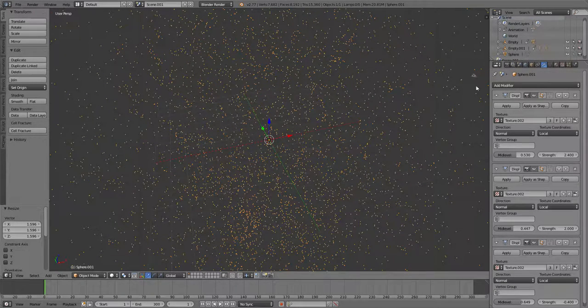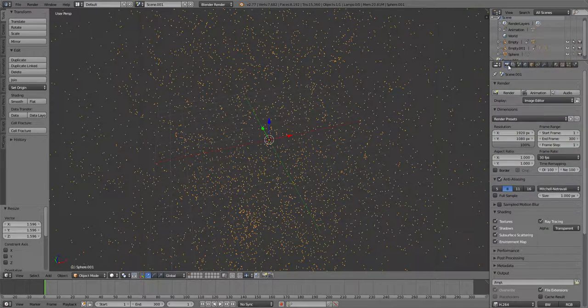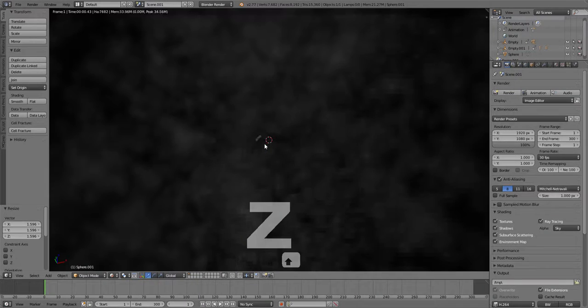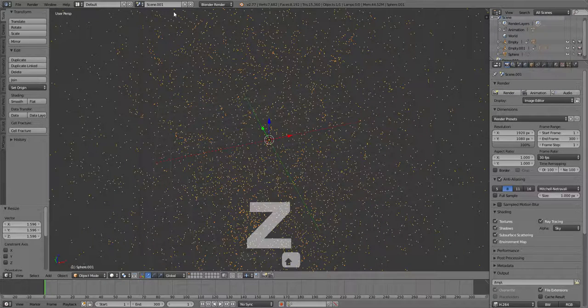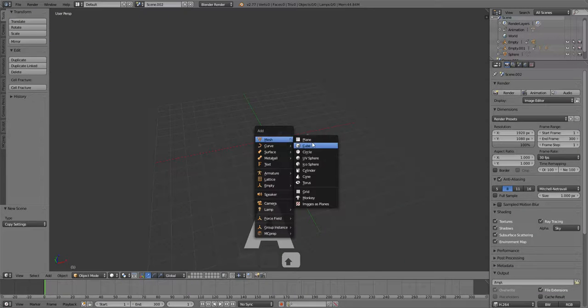Now if we hit Shift Z, after of course changing the render under shading to sky for this scene, it should look like smoke, and that's what we want. So now I'm going to create another new scene, copy settings, and hit Shift A, UV sphere,